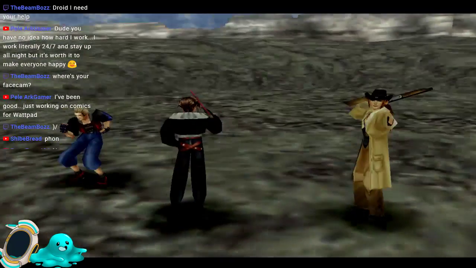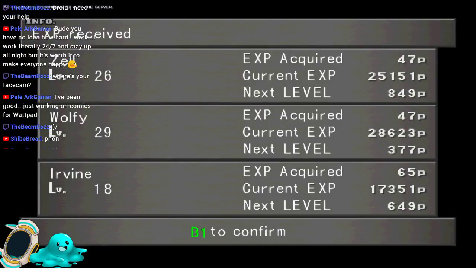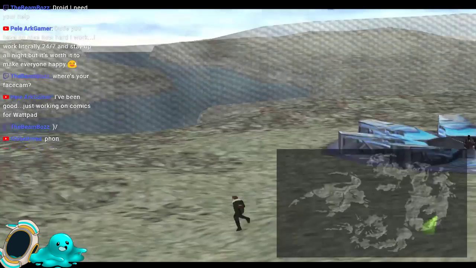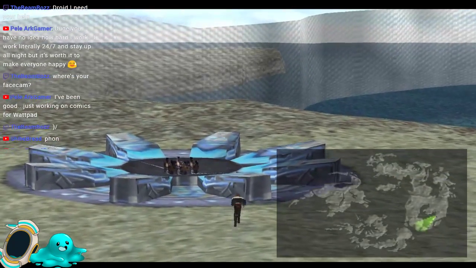I think it said that we fight iron giants inside the Solomon statue, and I have a feeling iron giants carry steel pipes on them. So let's pop in here and fight a couple of iron giants and see if we can...